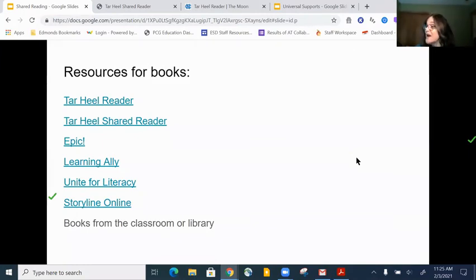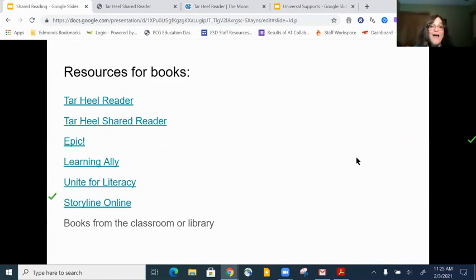Epic is another great place. And what I would recommend, if you're reading the Epic book with a student, especially since we're doing so many things remotely and digitally right now, is you read a page and you stop, you pause it and you talk about that page and use those core words to talk about it. There's not going to be a child in the district who is not going to benefit from you modeling that core vocabulary.